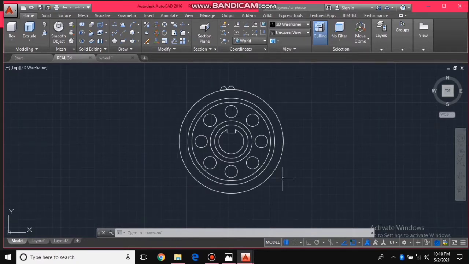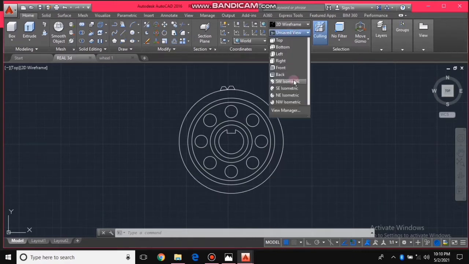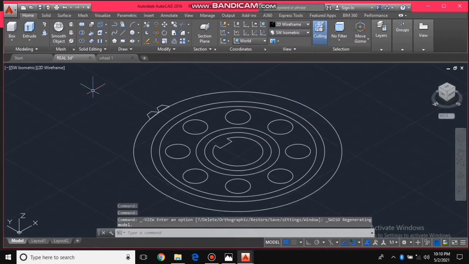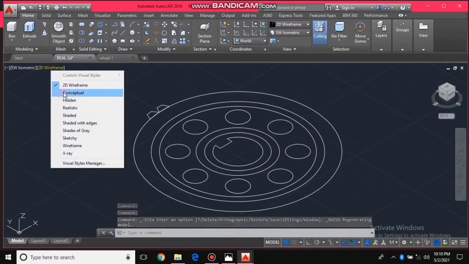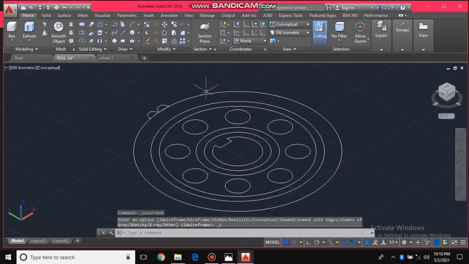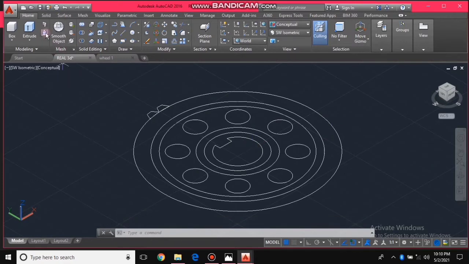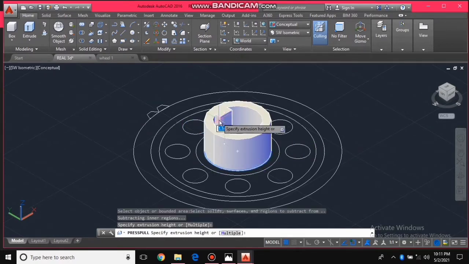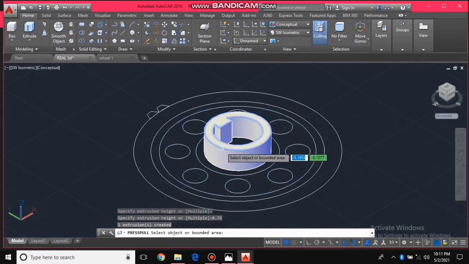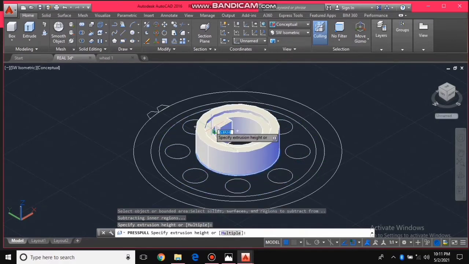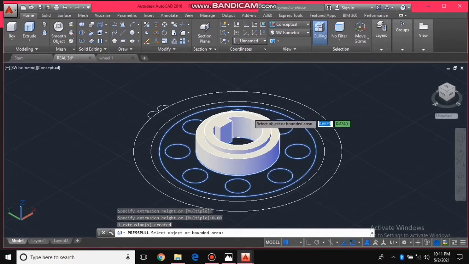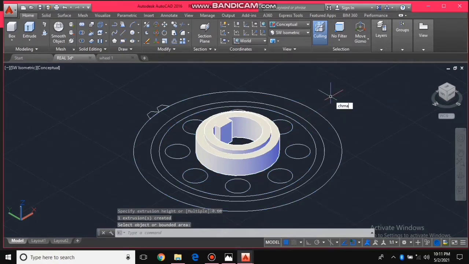Let's make it 3D. So first, let's change this to SW isometric, then this part to conceptual. The first thing that I'm going to do is to click this press pull, then type 0.75, and this one 0.60. Then after that, let's type chamfer edge,